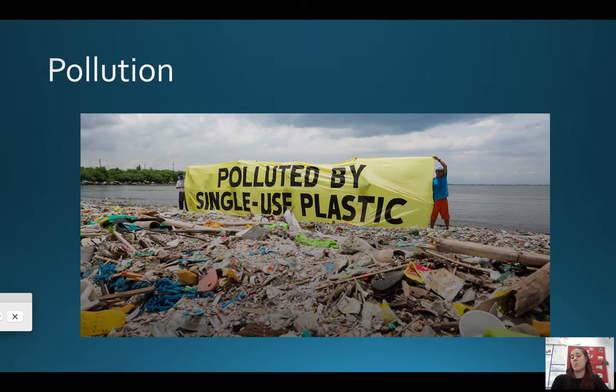Now pollution, you guys probably know plenty about, but everything eventually ends up in the ocean at some point. And so all of this plastic that we use and then don't reuse, a lot of it ends up in the ocean. And so this is why, if you were asking me about balloons, I do not like letting balloons go, because they end up in the ocean, and then sea turtles think they're jellyfish and they try to eat them and it kills them. So I think it's really important to understand the impacts that products that we make on land can have on marine life. And we'll talk more about this when we do ecosystems, but I just wanted to touch on it.